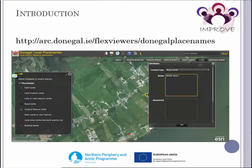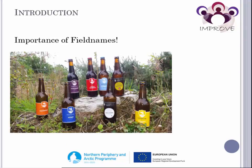Okay, so basically this is the application that we developed, and after the end of this presentation, we might pop out to the desktop and have a quick look at it interactively. But just as a very brief aside, on the importance of field names and how they are being recognized today,